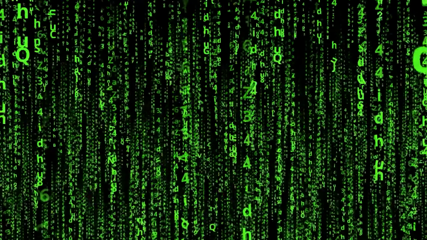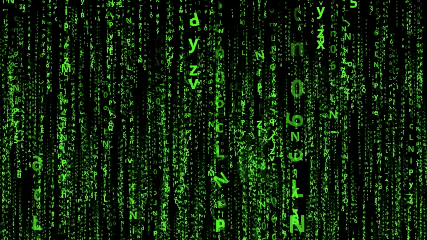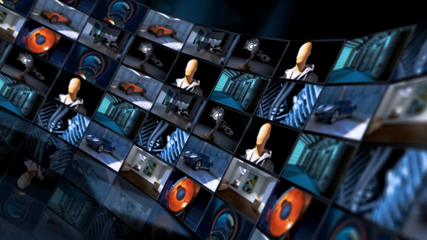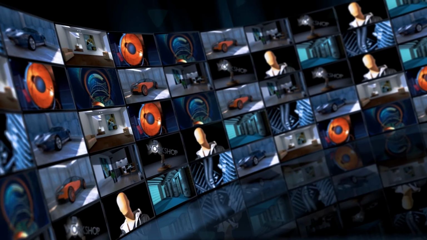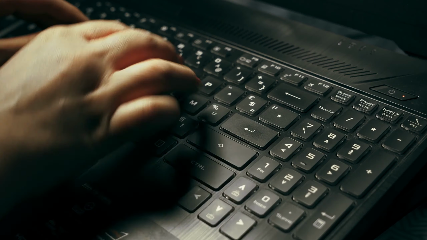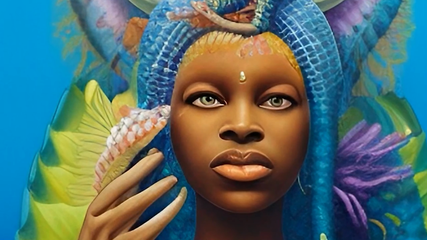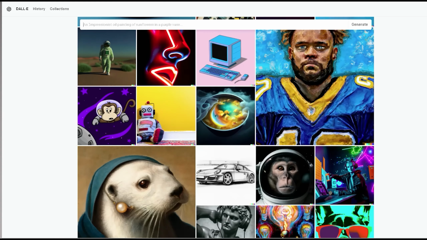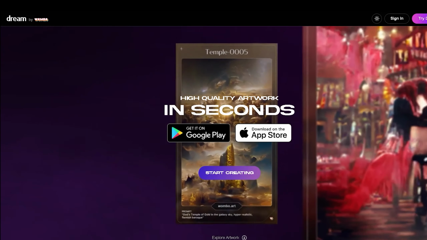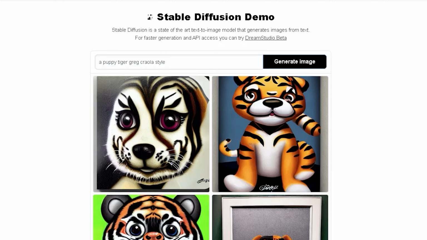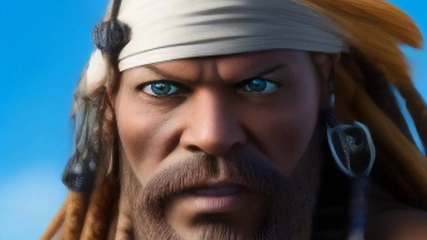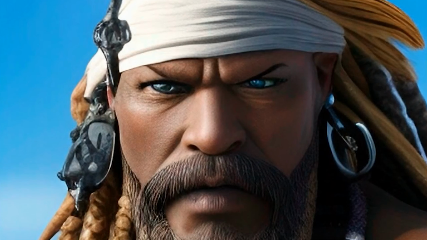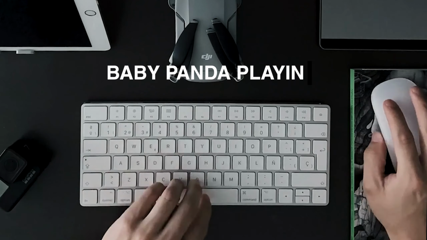In reality, what these applications do instead is use algorithms to generate images by accessing a vast database of content, styles, and designs, and combine them by following text commands defined by users to create new art. Systems like DALL-E, Midjourney, Dream AI, and Stable Diffusion have become increasingly popular, demonstrating the potential of AI art and how easy it is for anyone to create outstanding images. All you have to do is write what you want to see, and it generates art in a blink of an eye.